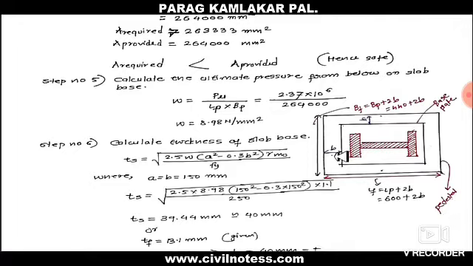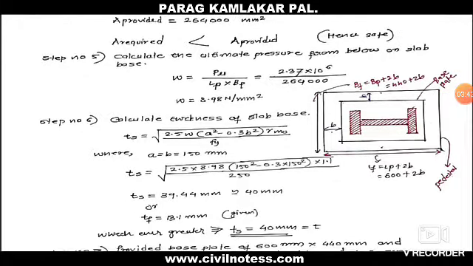Here we could consider a also, but we already calculated the value of a. We cannot consider it as a because the a value represents the distance from the base plate to this one. Now we have the area of this base plate. We need to determine this particular area of the pedestal, so we consider it as b. The distance from this to this is also called b. Similarly here also b, and everywhere it is b.